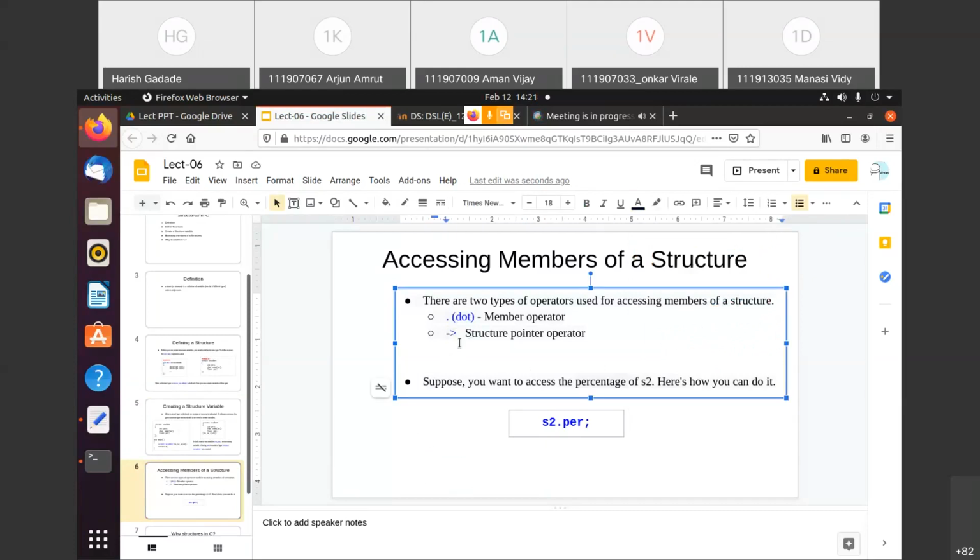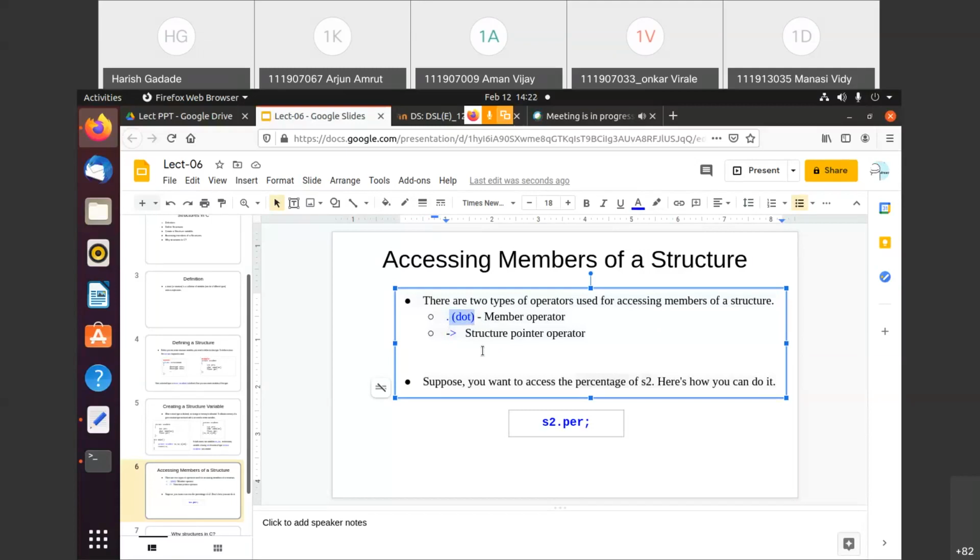If you are using the pointer concept, then you can use this arrow operator, and in the normal case we use the dot operator. You've understood this? If you are not using the pointer concept, meaning a normal operation, then we can use this dot operator, right?